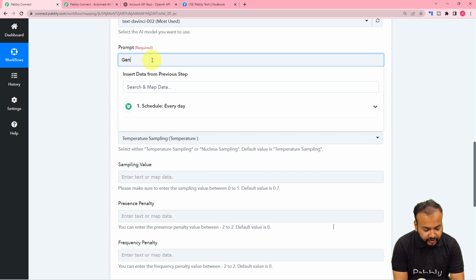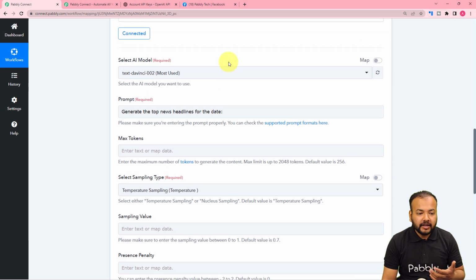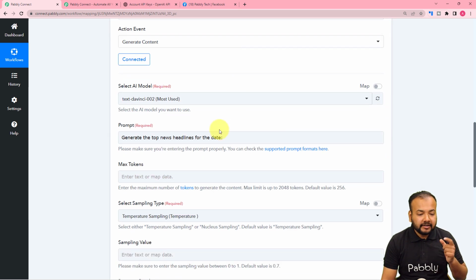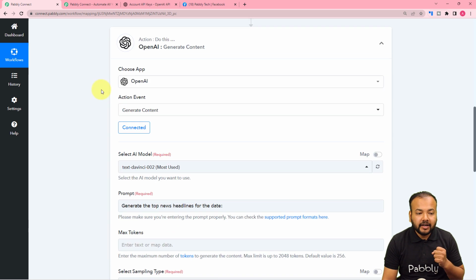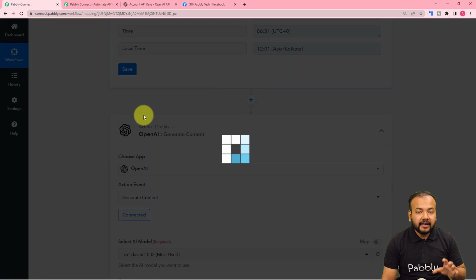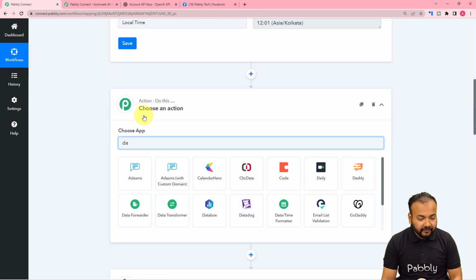So guys, here I have given the prompt as: generate the top news headlines for the date, and after date I want to put the date on which the workflow is running. Okay, so my workflow is running on a daily basis, so I want the date to be mentioned here automatically on a daily basis. For that, before this step, just click here on this plus icon and another action step will open up,